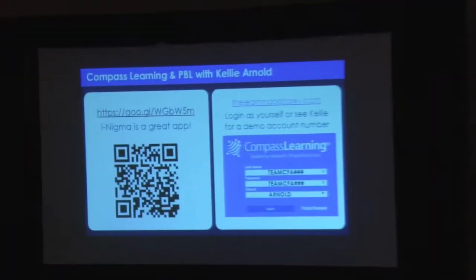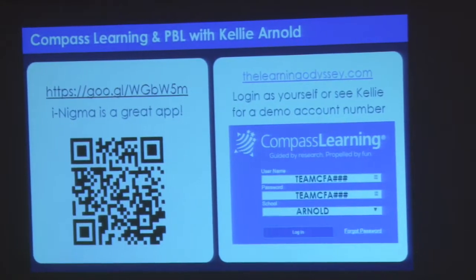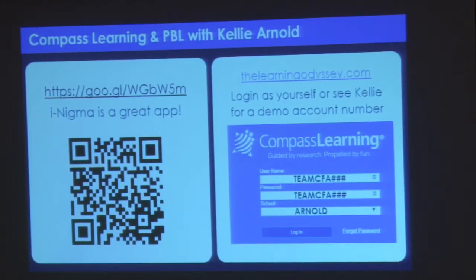If you go to this website, I shortened the URL: goo.gl/ and it is case sensitive. Capital WG, lowercase b, capital W, 5M. And if you go to that, you should see